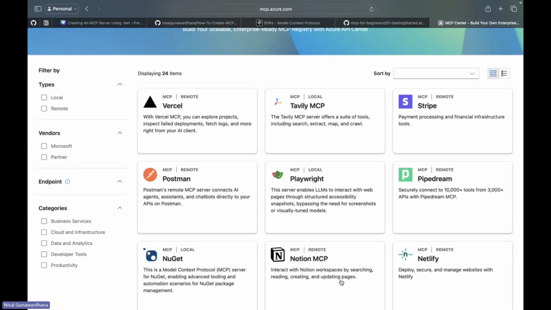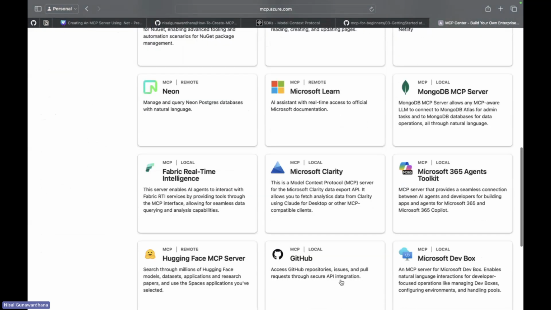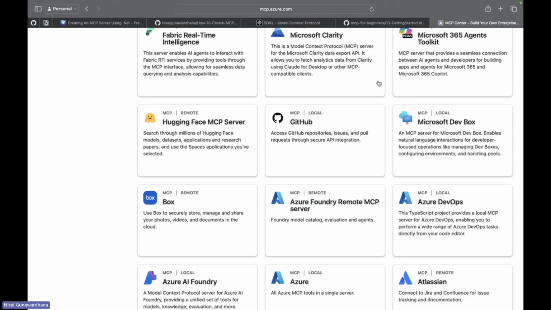We can find a lot of MCP servers in this place. GitHub has its own MCP server, and so does Hugging Face. We can use these MCP servers for our own developments and our own things, right?